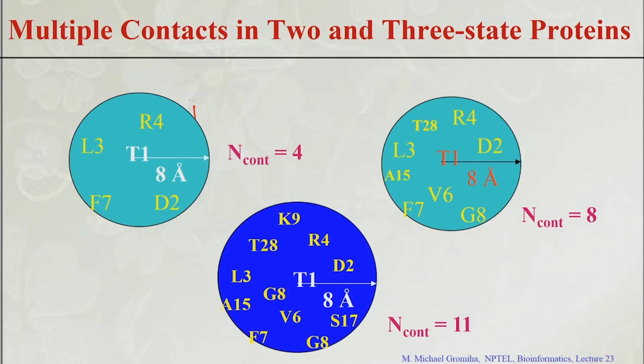For example, take this as an example. How many contacts? 4 contacts, here only 4. So, if you take this one, 8 contacts, if this one 11 contacts. This is for the residue T1. For example, a protein, one case only 5 residues have these multiple contacts. One protein they have 20 residues which have multiple contacts, which will fold fast, which will fold slow,